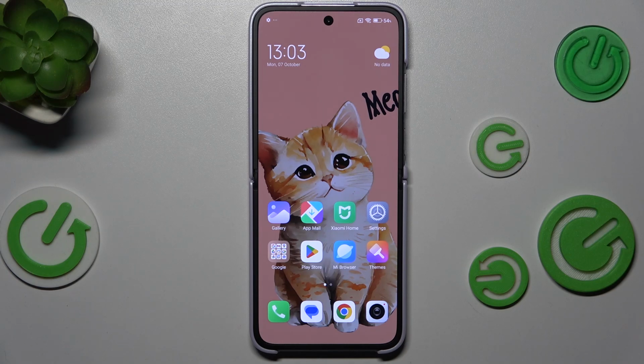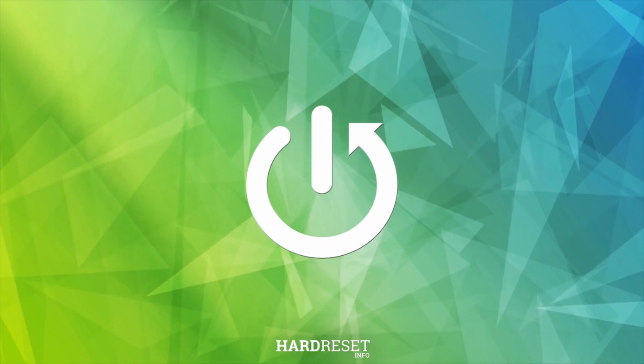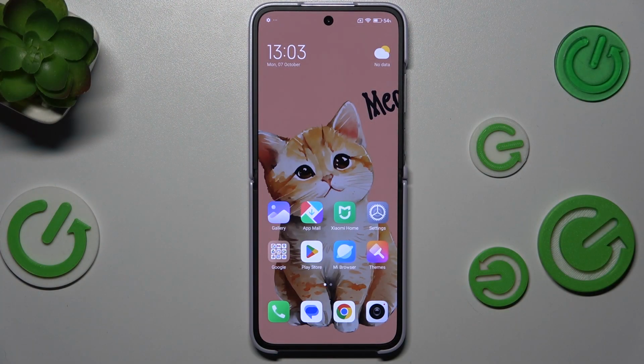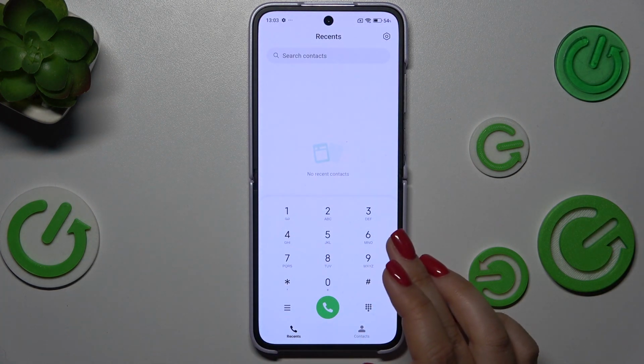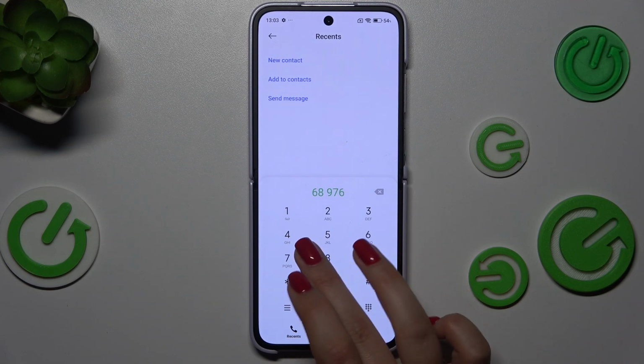Hi everyone, in front of me I've got Xiaomi Mix Flip, and let me share with you how to turn off dial pad tones in this device. So, if you're not the biggest fan of the dial pad tones, let me open the dialer and enter the